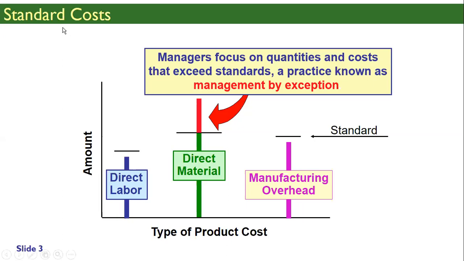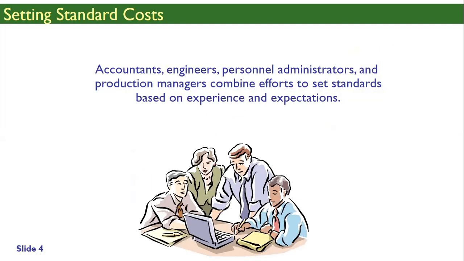And what is the standard setting process? Who sets the standard? You should remember that standards are not set by one person in a company. Standards are set by a team like accountants, engineers, administrators, production managers, everyone together. Because the production manager will say that I need 2 kilograms of raw material. Then procurement will tell the price of the 2 kilograms. Similarly, the production manager will say I need 5 hours of labor. Then the HR department will say what is the cost of five labor hours. So everybody together you set standards.